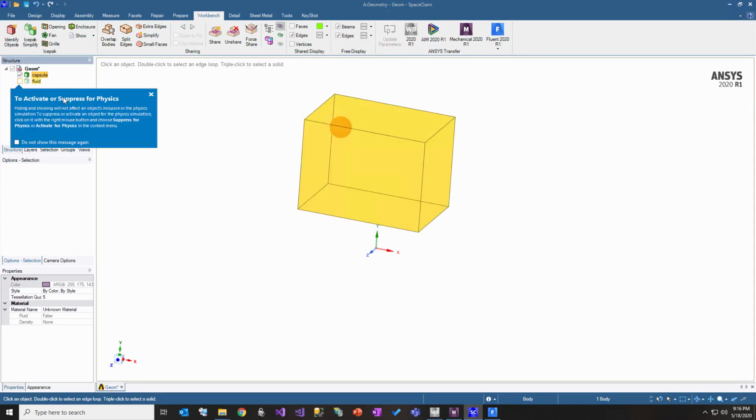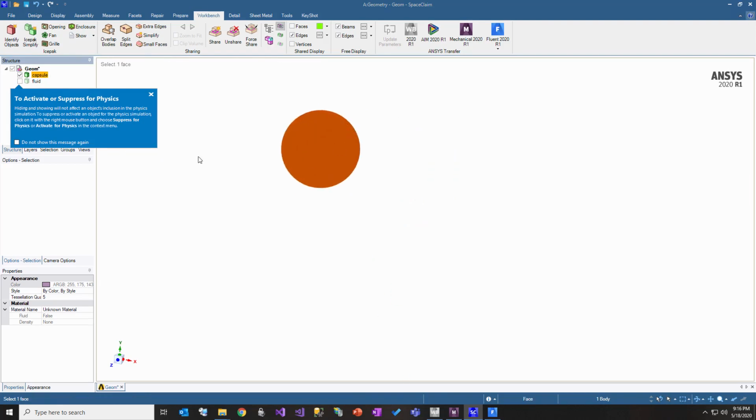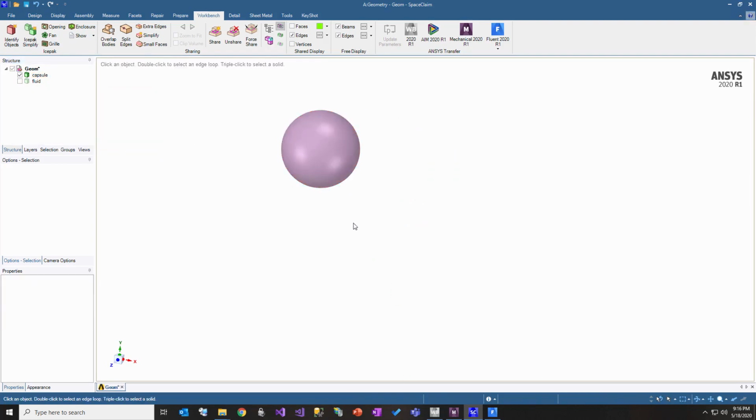If you look at the capsule, you can see I have a sphere around it. This is a passive wall. Essentially, what a passive wall does is that it acts as nothing inside the fluid domain. It's interior, so the flow will go through it. But it allows us to move the sphere instead of the capsule, so we don't have to remesh the mesh